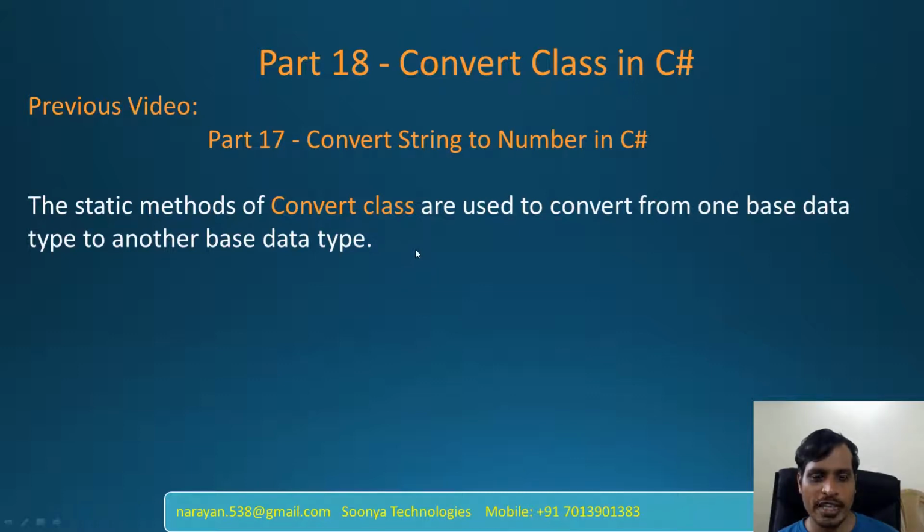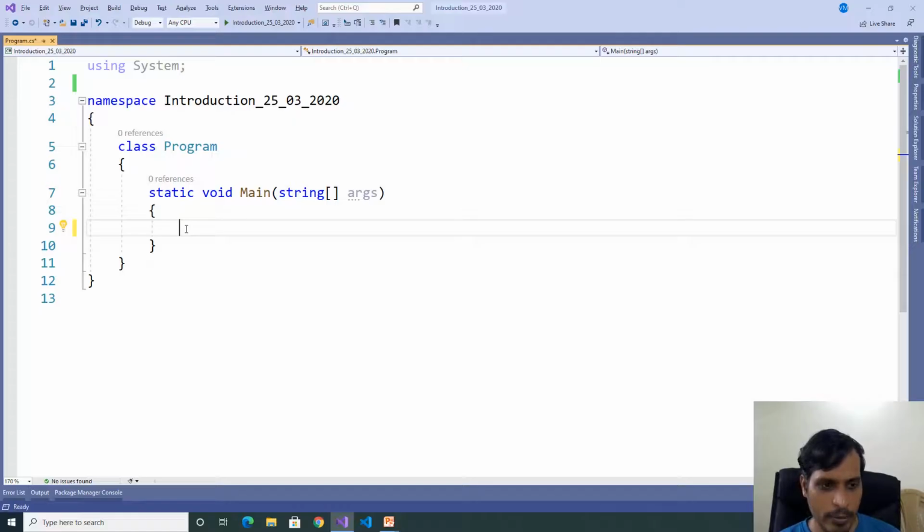Launch Visual Studio and create a C Sharp application. Here declare a double variable, double pi equal to 3.14. Now I need to convert double to integer. Double is 64-bit, integer is 32-bit. We can convert double to integer, but we lose the data. Why do we lose data? Because double is 64-bit and integer is 32-bit. We are storing a high value into a low value, so we lose the data.